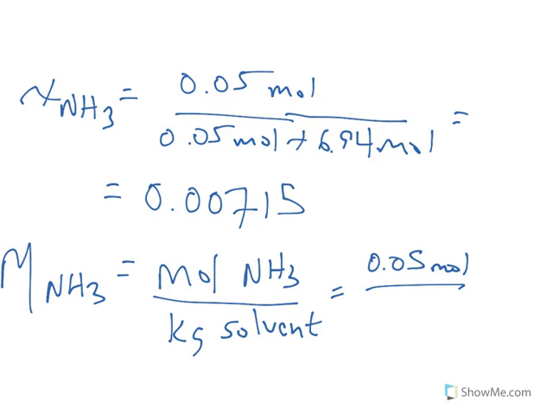And the kilograms of solvent, well, we have 125 grams of water, which is the solvent. So I just divide that by 1,000. So I have 0.125. So when I take this ratio of 0.05 divided by 0.125, I get moles per kilo,